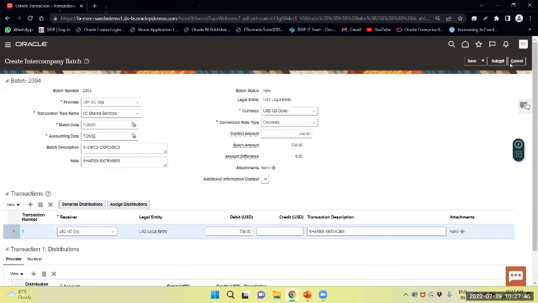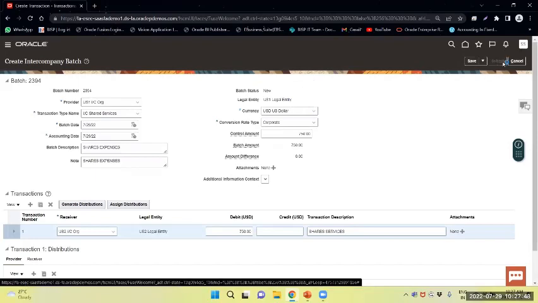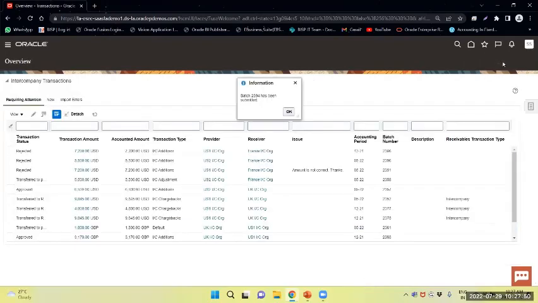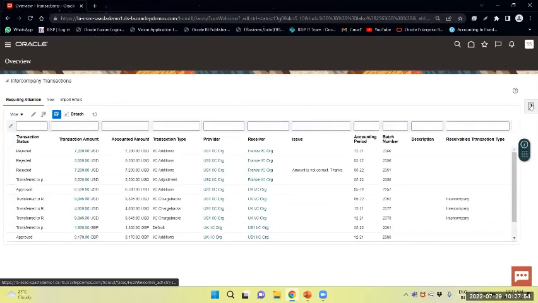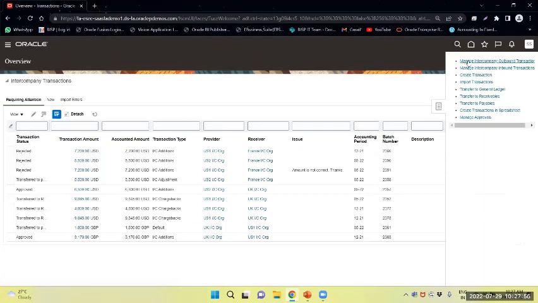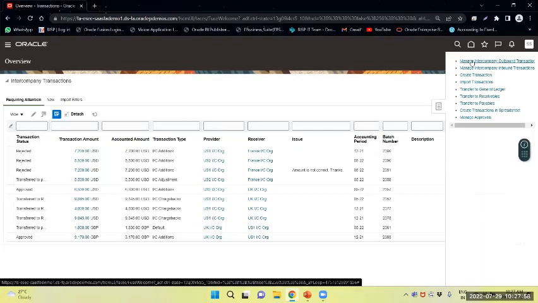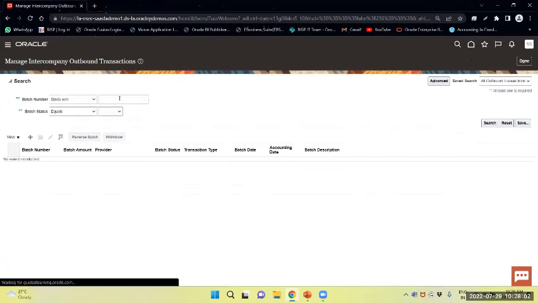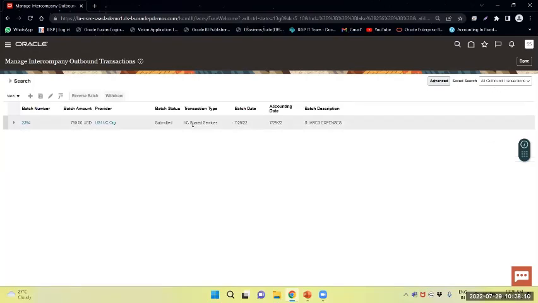And submit. So batch has been submitted. Now I will query and manage intercompany outbound transaction with the batch number, that is 2394. Search the same. Yeah, this has been submitted, and